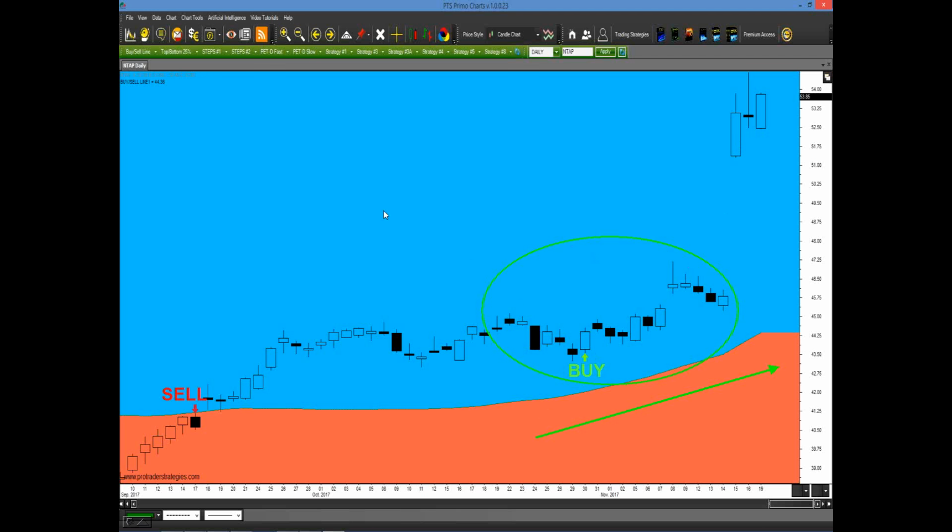Now, I want to show you here about consistency. This is what I meant earlier. There was a sell signal that was generated here. We were in the sell zone, and it was a valid sell signal according to the pattern. But why would we have not taken that? Because in order to sell, guess what? We would have had to have a downward slope in the buy-sell line. And look at the slope. It's basically going sideways to up a little higher. So that right away was the market telling us that even though the pattern requirements have been met, the momentum is not there. So don't take that trade, and you wouldn't have lost any money.